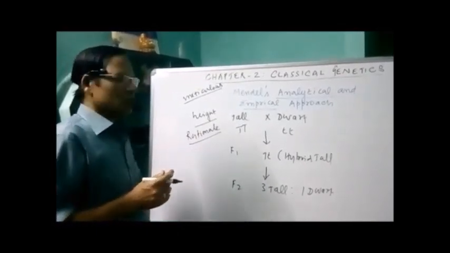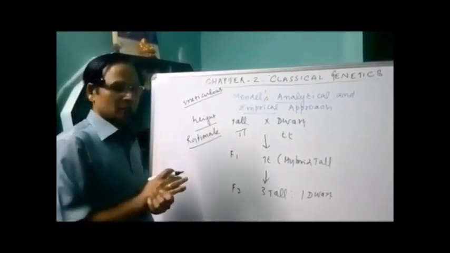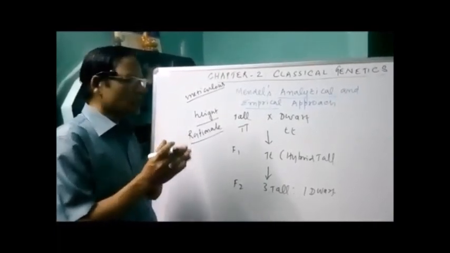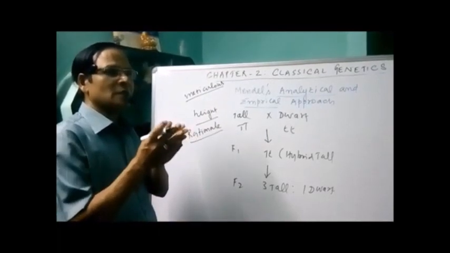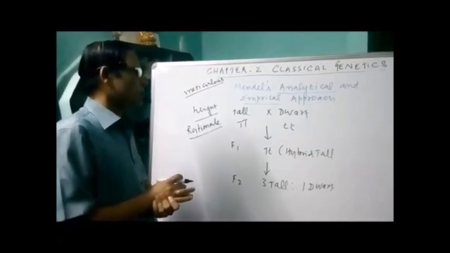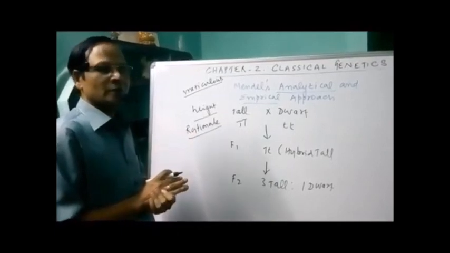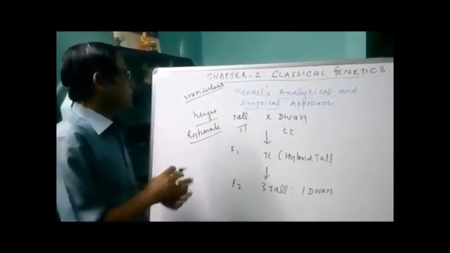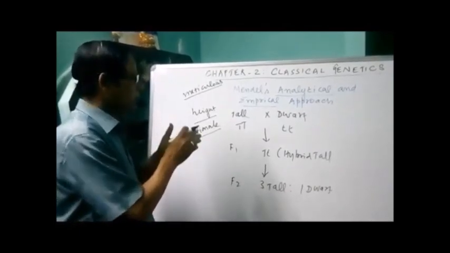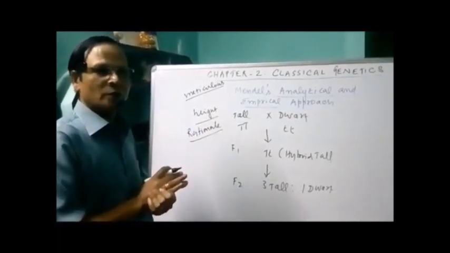I mentioned that Mendel did experiments. His experiments concluded that he was the first person who gave the foundation for the principle of inheritance, and revolutionized the field of biology. That's a major aspect of Mendel's work. So that's all about Mendel's analytical and empirical approach regarding his work, what he did it for, and in what way he approached both analysis and empirical formulation of the laws.